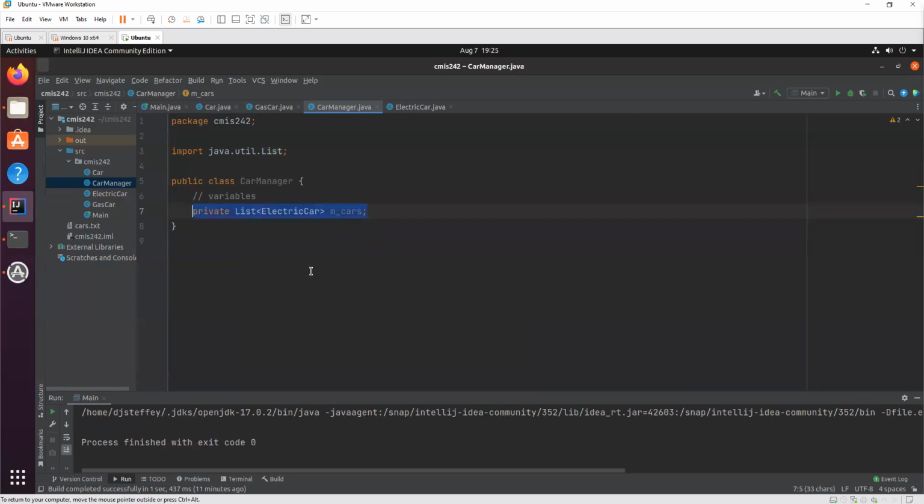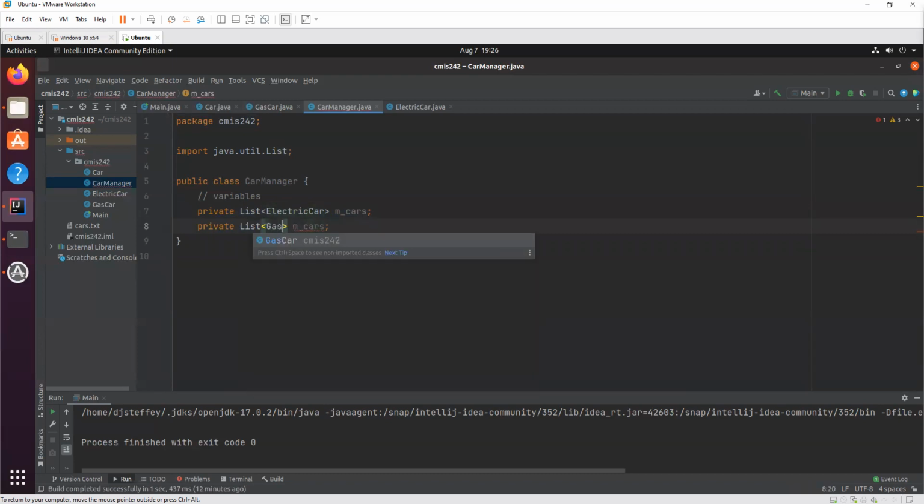You may be saying, why don't we do this? We'll have a list for gas cars and a list for electric cars, say G cars and E cars. Have two separate lists. Technically, that would work. Technically, Java will not stop you from doing that.